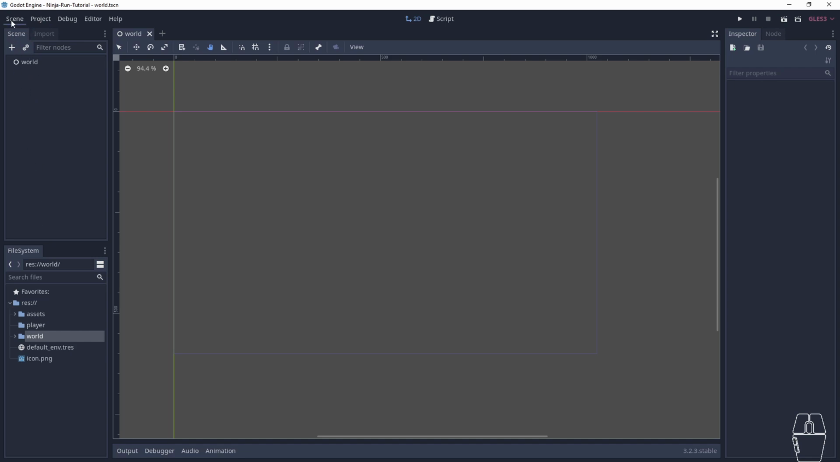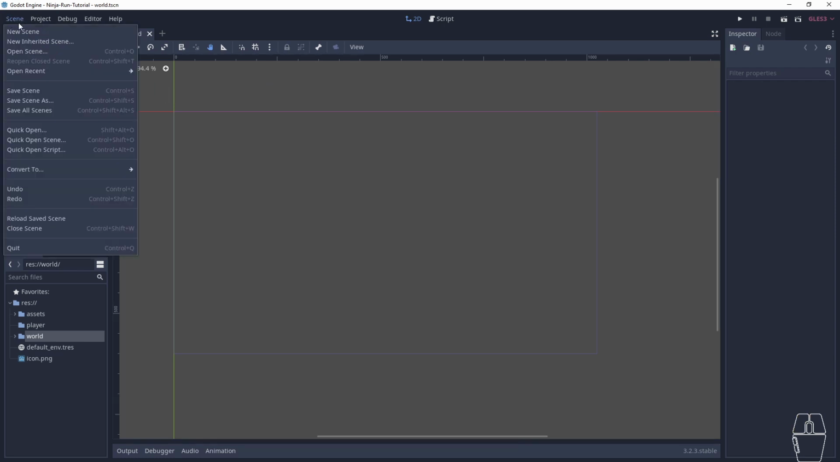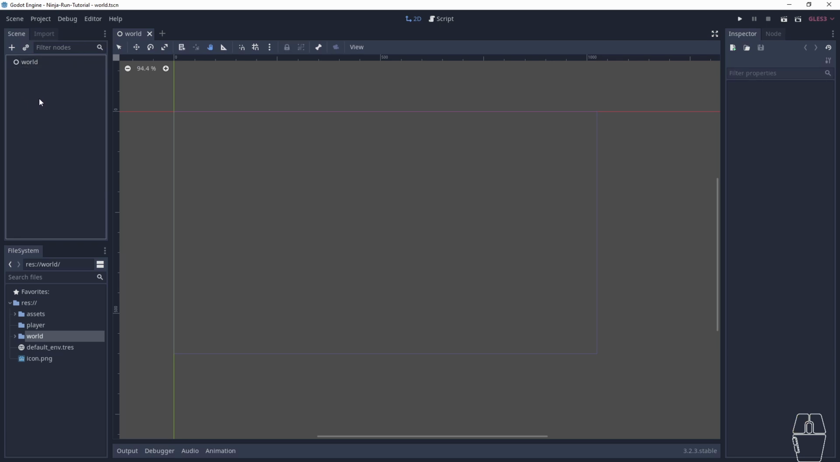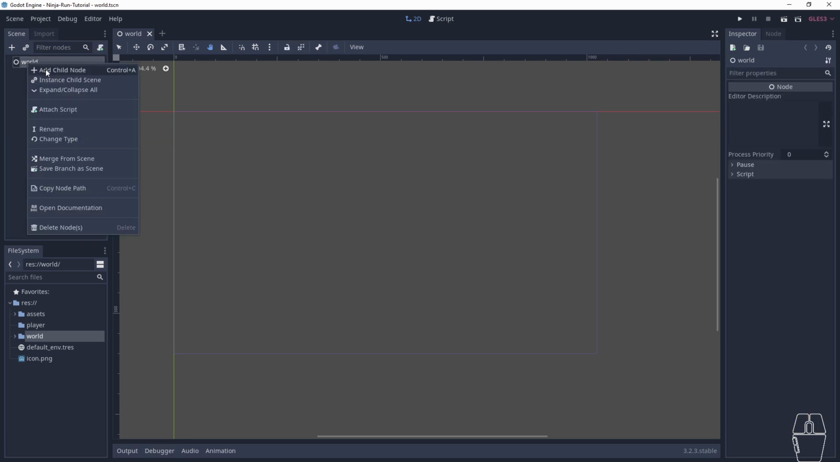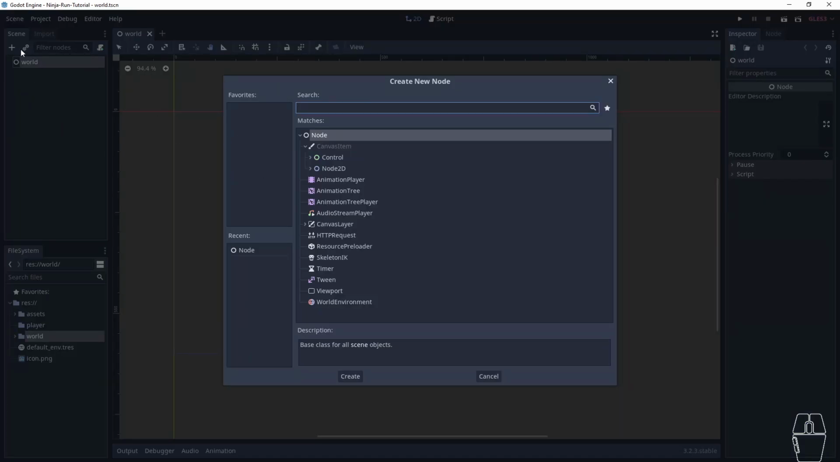Basically, I'm not going to go into much detail here, but you can create a new scene by clicking Scene and then New Scene. You can add stuff here with right click and then Add Child Node. It's a hierarchical structure, so it's object oriented, unlike some of the other game development engines out there like Unity,